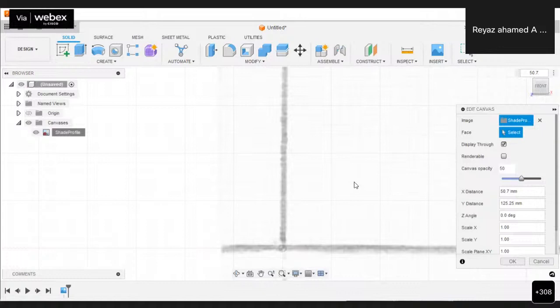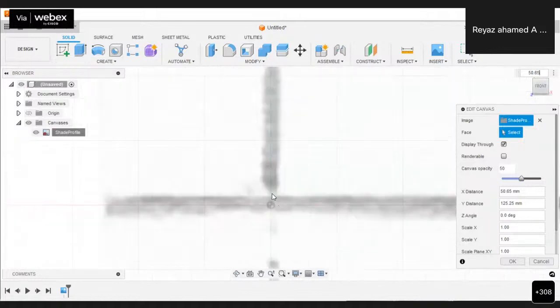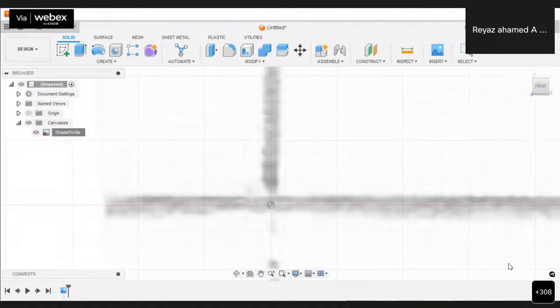Let us give it as 50.7. Then it is fine, or 65 somewhere, something else. Okay. So let's give 50.65. See, automatically this is the Fusion 360 origin, and the black lines are our lampshade center point actually. Okay. So after bringing it from origin point to origin point, just click on OK.